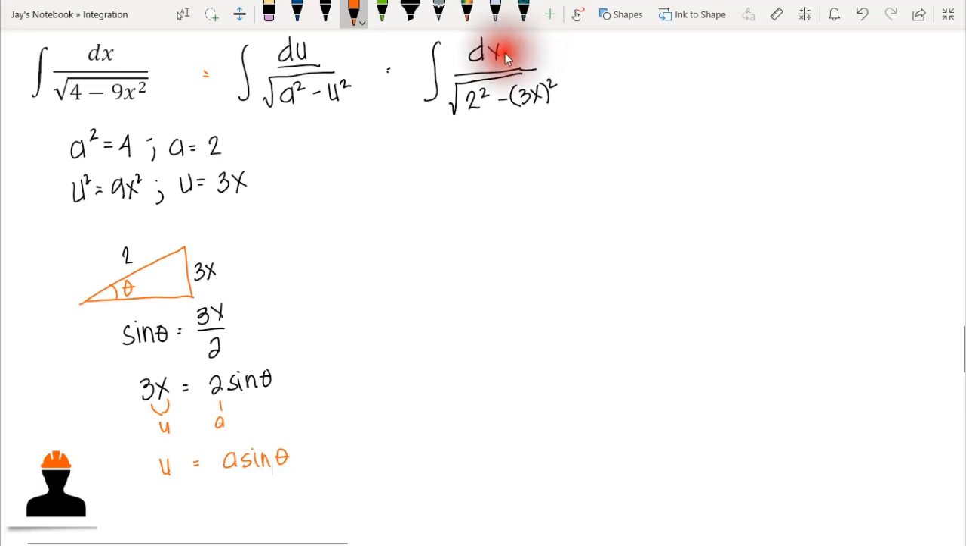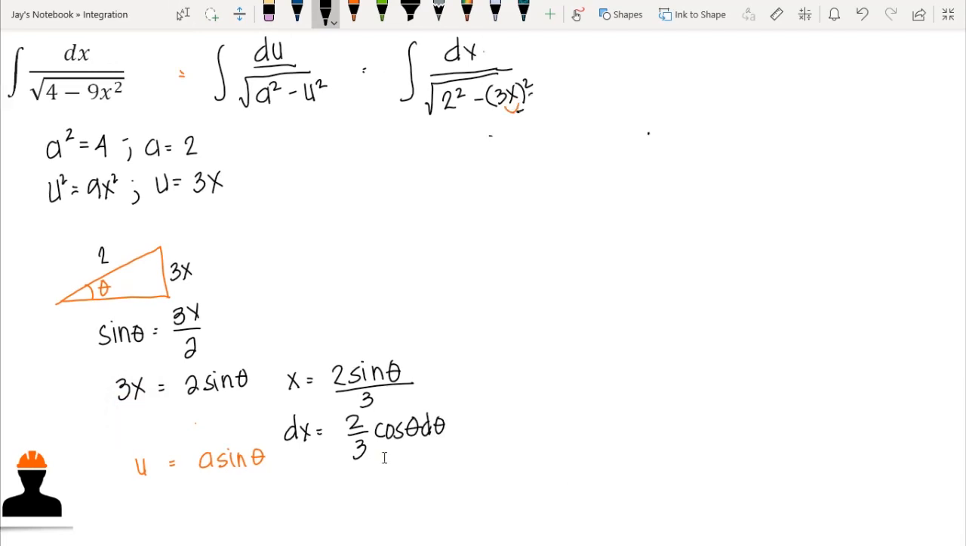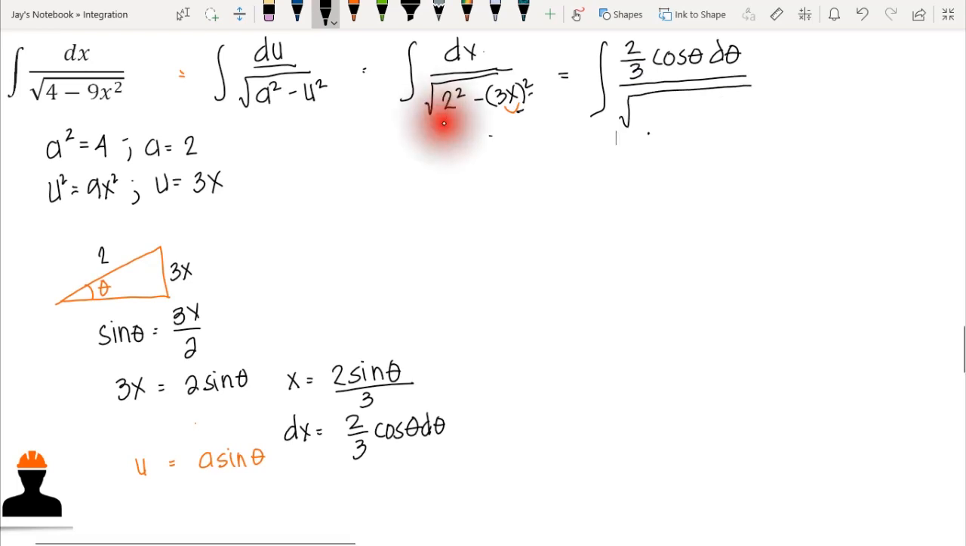Now we have dx here, so we get the derivative. We can express this as x is equal to 2 sine of theta over 3. Then the derivative of x is 2/3 times the derivative of sine, which is cosine of theta d theta. We substitute 2/3 cosine theta d theta for our dx. So we have the integration of 2/3 cosine of theta d theta over the square root of 2 squared, that is our a, so we can just write 4, minus